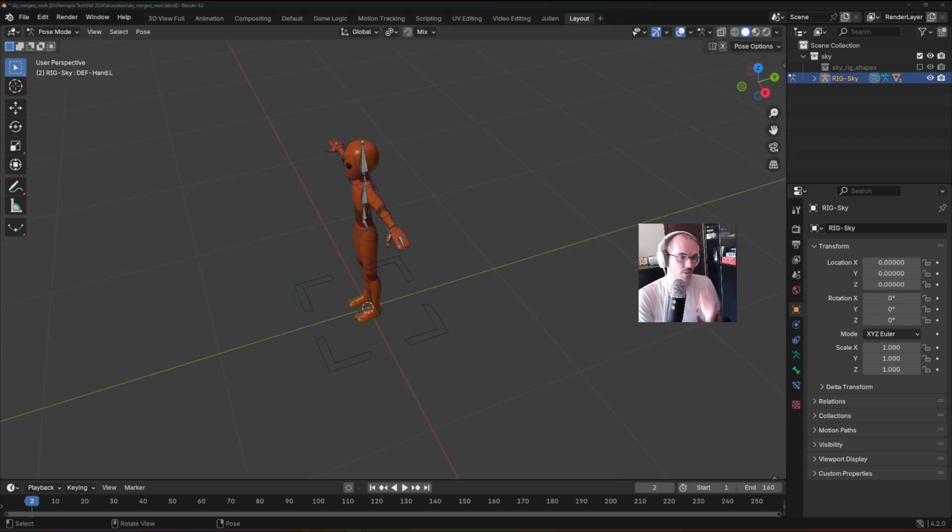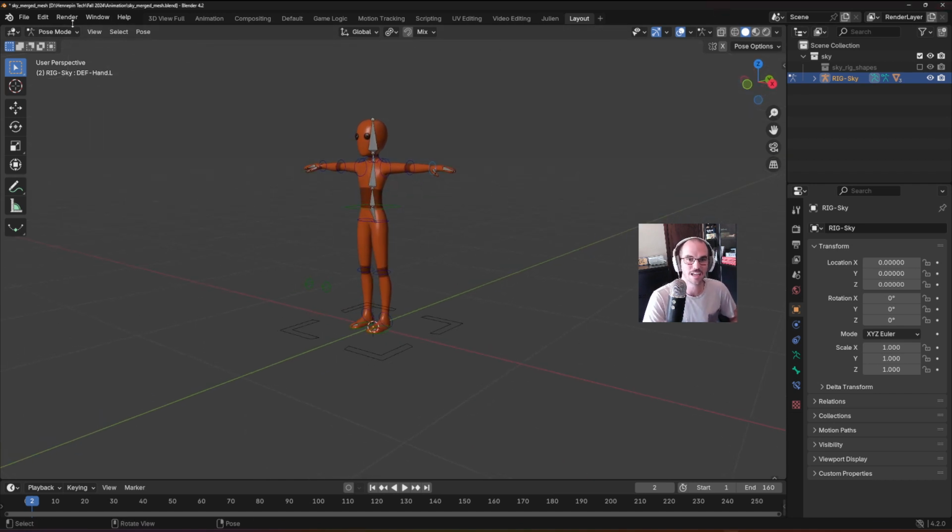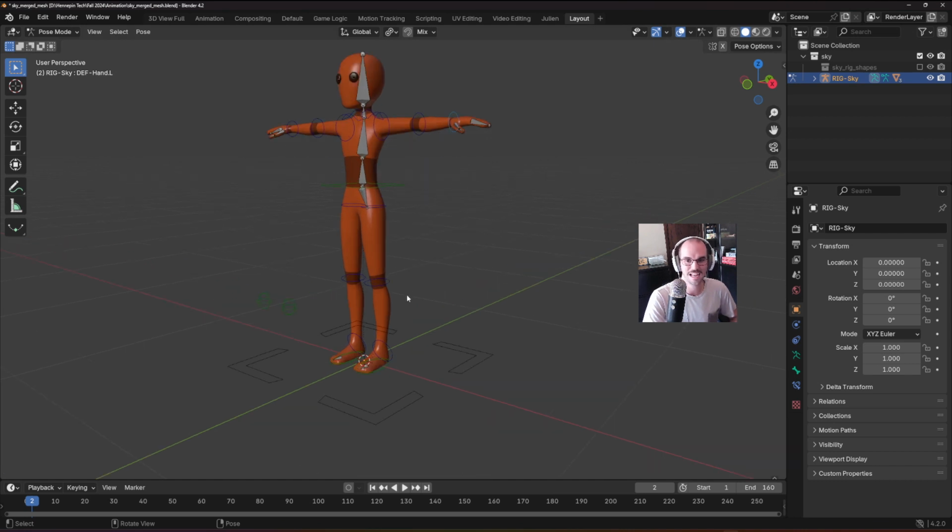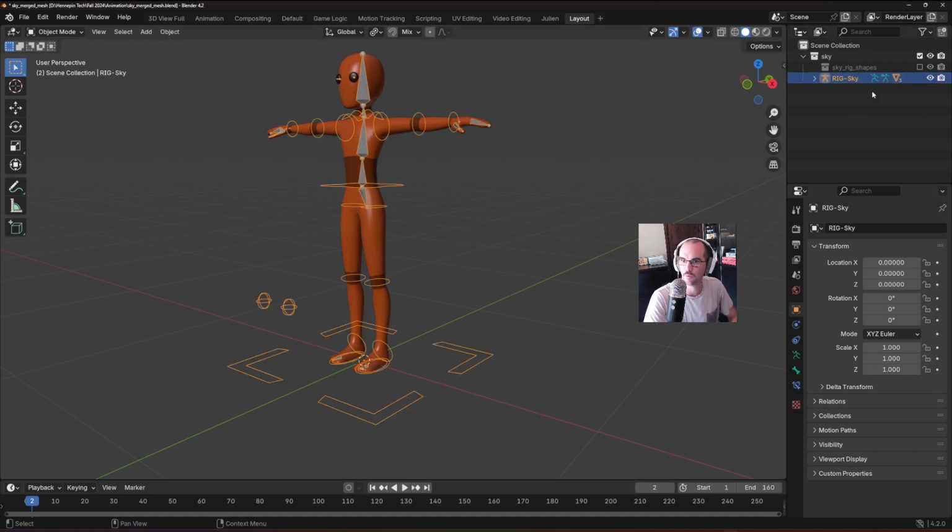So last week we talked about the difference between forward kinematics and inverse kinematics. By default, the Sky merged mesh rig has both. It has inverse kinematics on the legs and forward kinematics on the arms. So with Sky rig selected here,